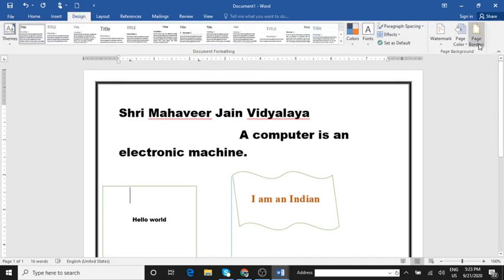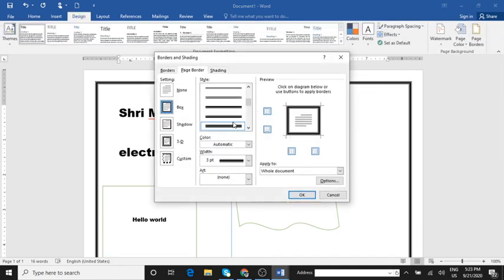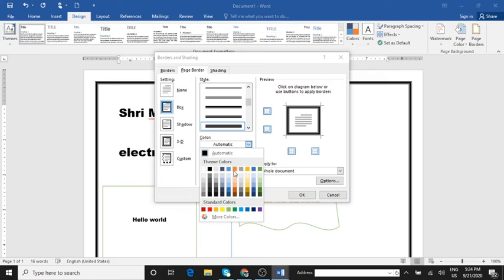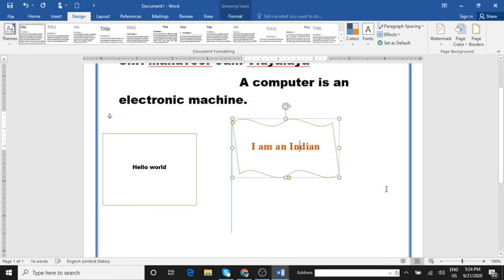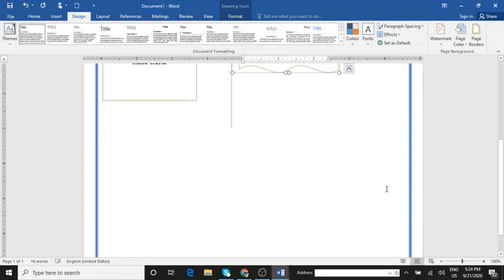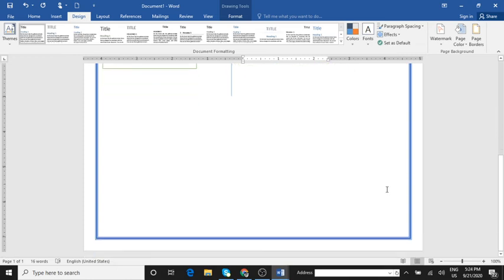Click on the design tab, click on page border. So the thickness you can select here. A little bigger thickness, with a different color also you can choose and you can give. So this is how you are supposed to do it. Then shading. What is this shading?